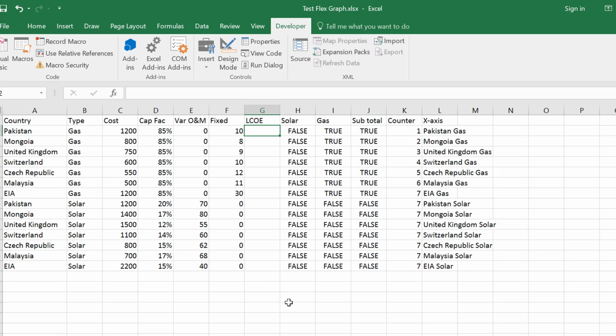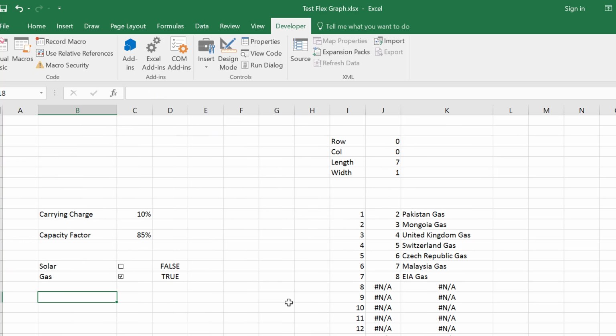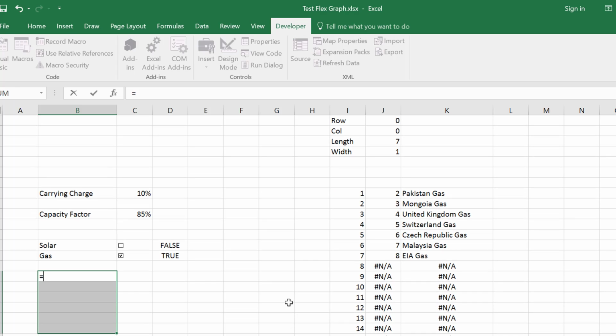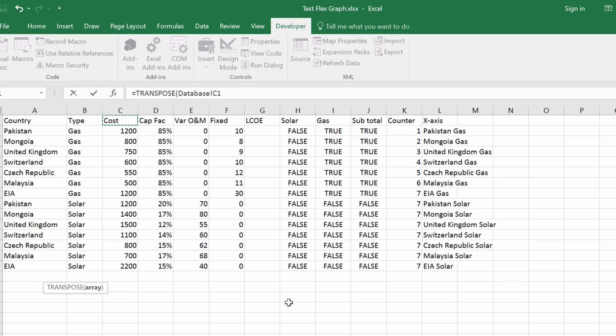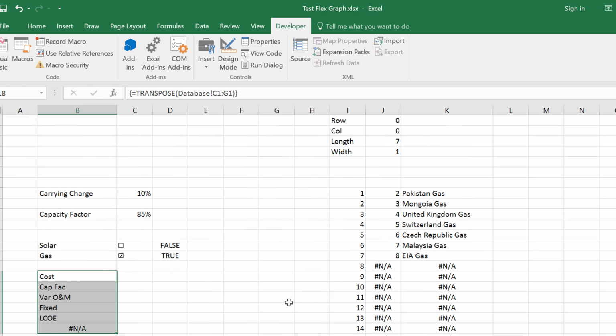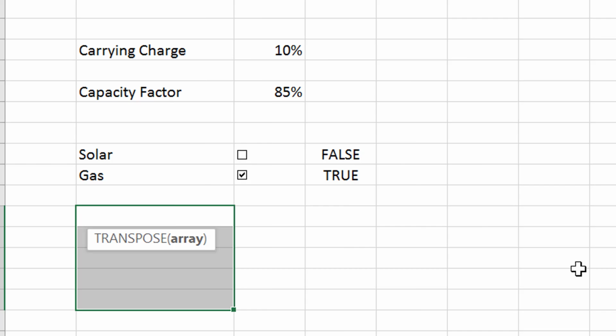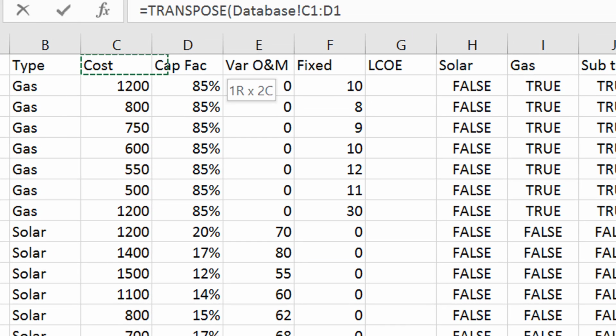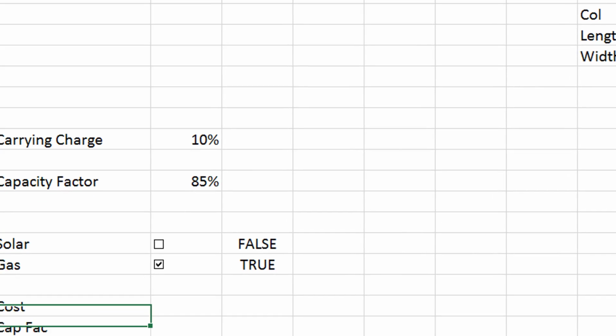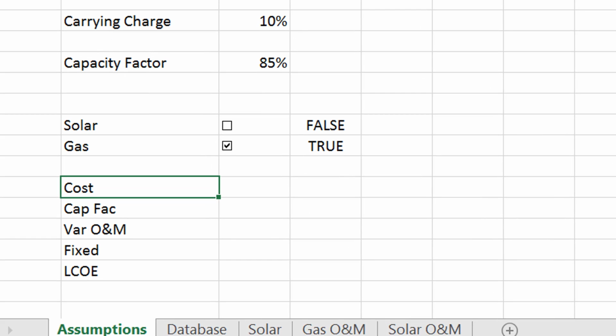I was going to do a really simple LCOE calculation, but that might take too long. So we have 1, 2, 3, 4, 5. Okay, 1, 2, 3, 4, 5 equal transpose, and we click on this. Now you're saying, oh my God, what a pain, and I should have done 4 equal transpose. It allows me making mistakes, allows me to show you this stuff twice. Shift Control Enter, and then we go to our